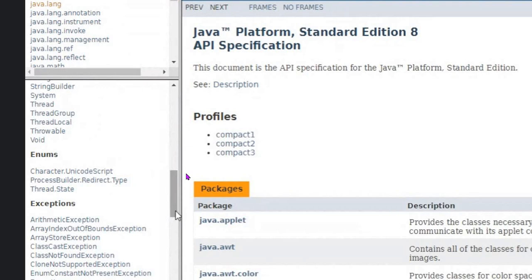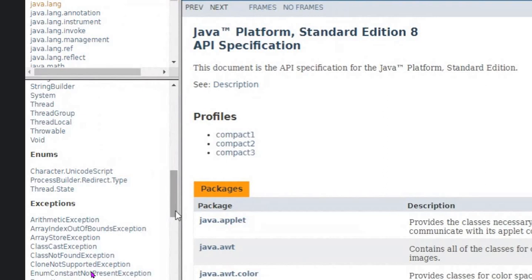In the same way, these are the tools for a Java programmer. Whenever you write any program, you will be using one of these packages. This is mandatory. So this is your tool, and you have to master it.